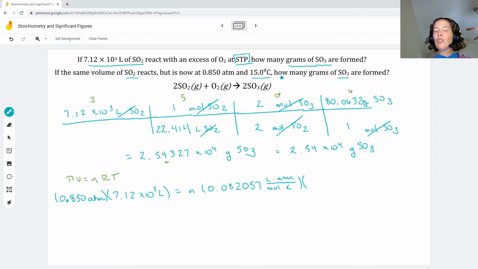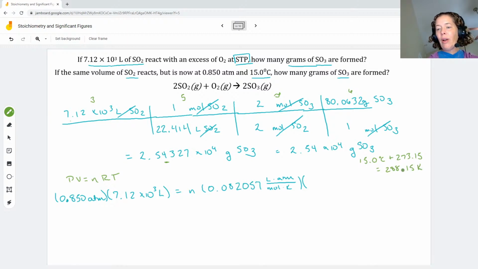So we need to do just a little quick side calculation. We need to convert from Celsius to Kelvin. Now, thankfully, that is quite easy. I'm going to change colors. I'm going to put it over here so we're not quite so confused. So all we're going to do is we're going to take our 15 degrees Celsius and we're going to add 273.15. And this will give us our Kelvin. That is 288.15